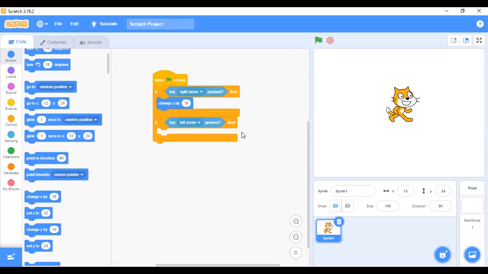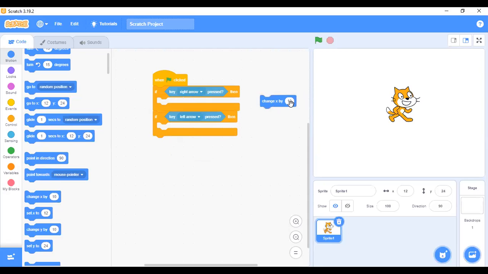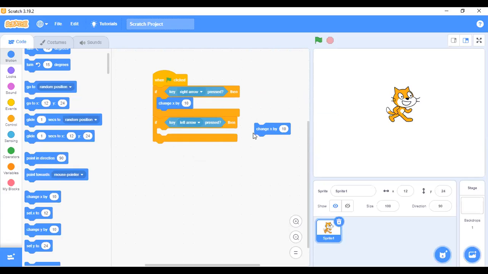And I told you while I was explaining the solution to the ping pong game that the right arrow key only works with a positive value. But if you are dealing with the left arrow key, we are going to change X, this particular 10, to a negative value like that. So let me return this, which means I can't just add this to this. If I add this to this, like change X by 10 for the left arrow key function, it will not work unless you change it to -10. So -10 is going to work for you.